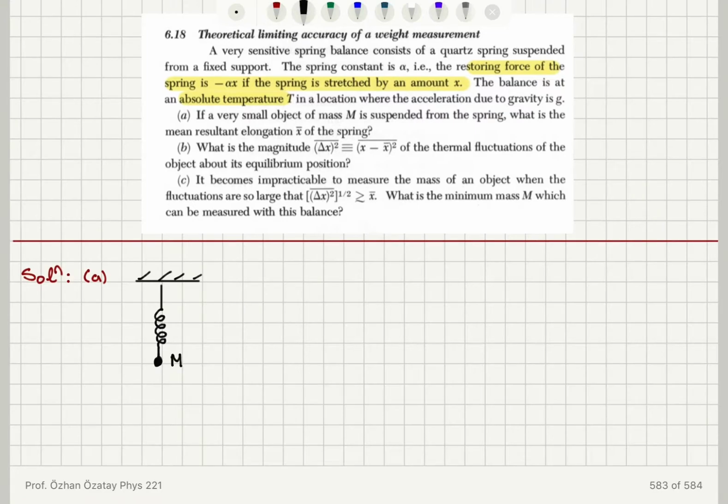So part A: if a very small object of mass m is suspended from the spring, what is the mean resultant elongation of the spring? So x bar, which is the mean resultant elongation,